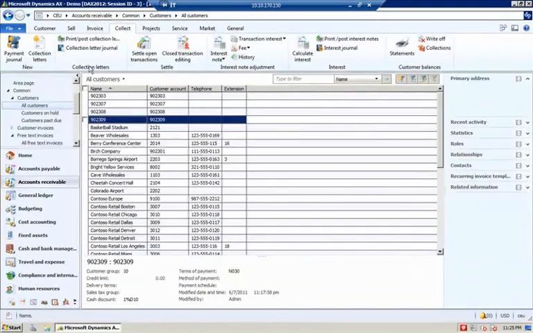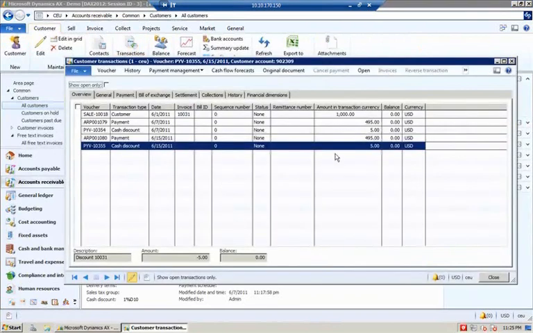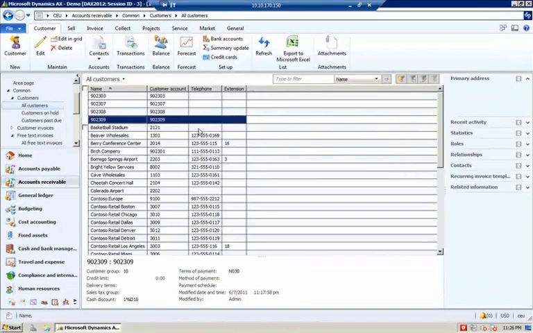If I close that form and go back to the Customer tab and click on Transactions, you can see that I've got 2 payments for $495, and I did take 2 discounts on each, a discount on each for 5, or a total of $10 discount. So you can see that there's a couple ways that we can take a discount even after the discount period. One is by setting that use discount to always, or we can use that selected date to calculate our cash discounts. Another example I'd like to show is we'll create a new customer,